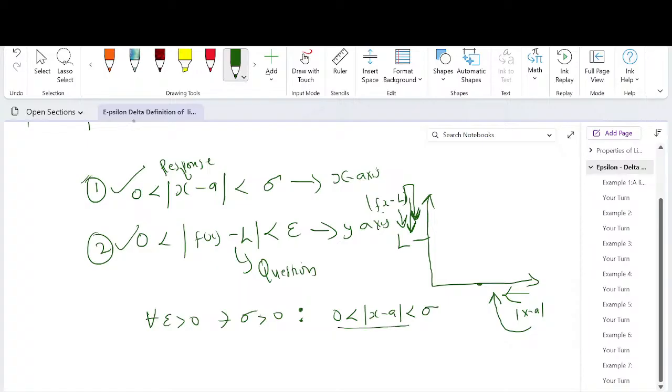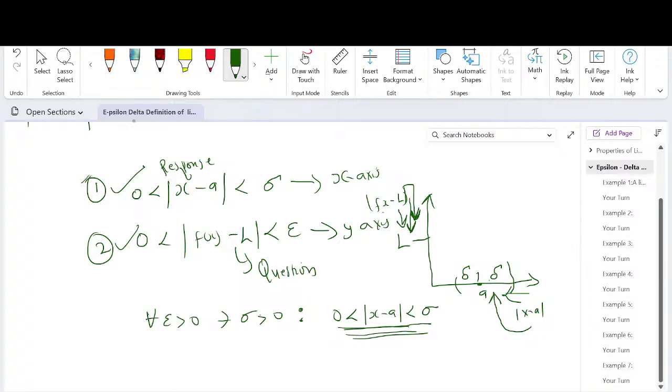So this is the closeness to the given point, and it is within the delta region. So if this is true, that is, we are able to get the value of delta,